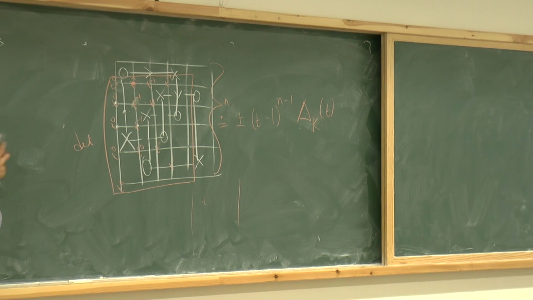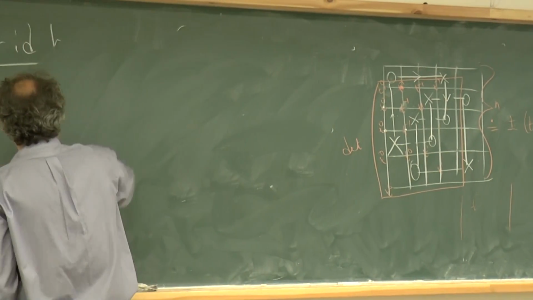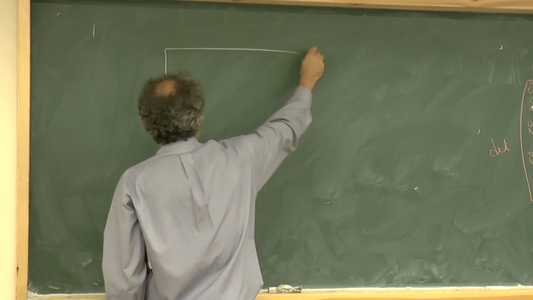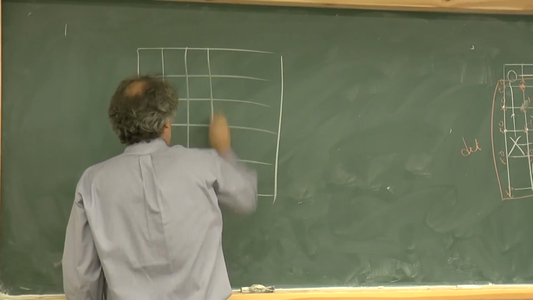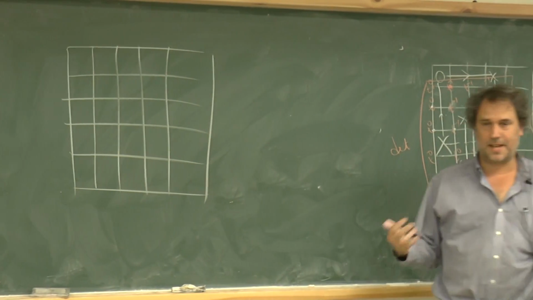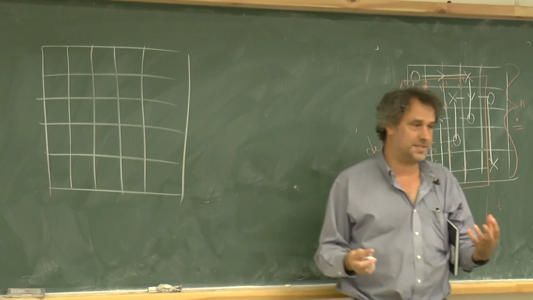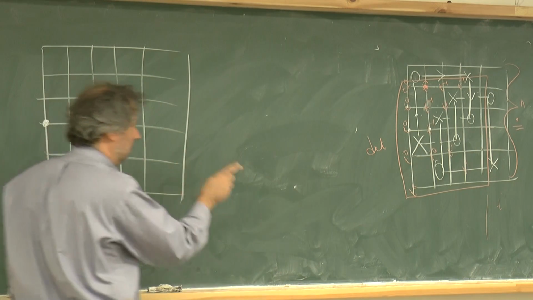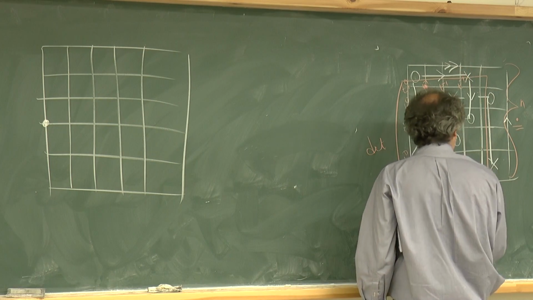This picture took place on the plane, but I'd like to work on the torus. I'm now not drawing the x's and the o's, but think of the x's and o's as being there. The generators of my chain complex are going to be what we call grid states. A grid state is, if you like, a one-to-one correlation. So, on the torus, if I've identified the left edge with the right edge and the top edge with the bottom edge,